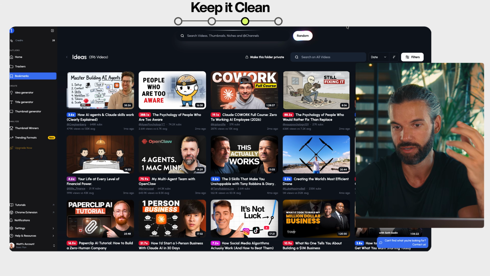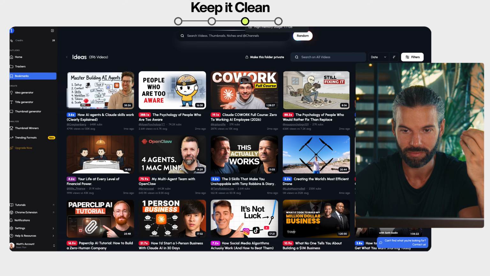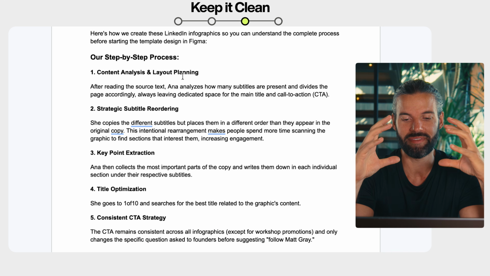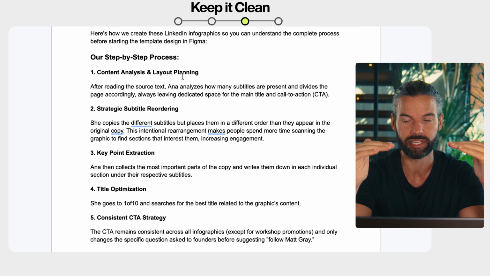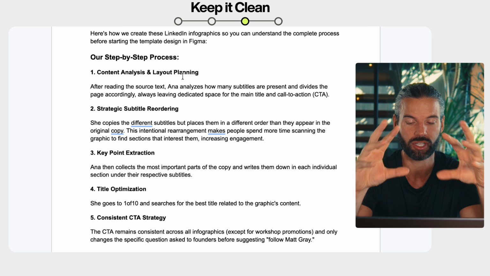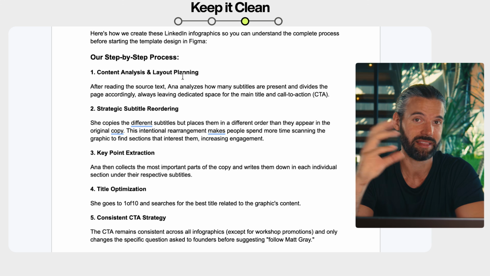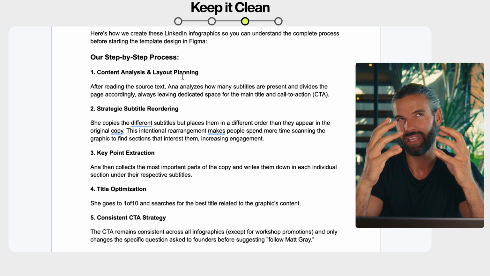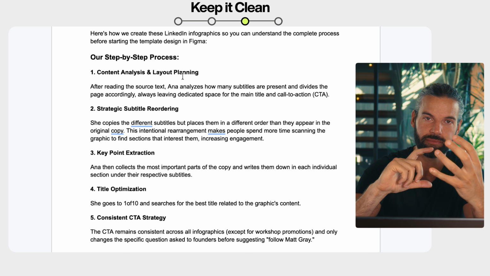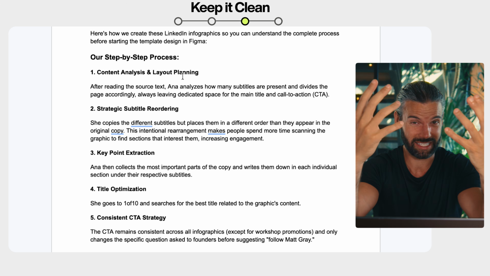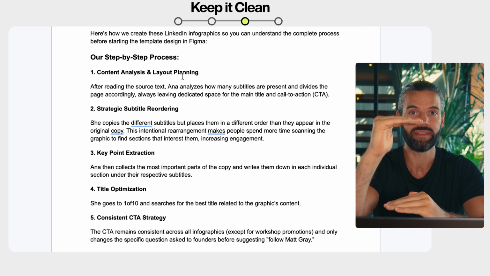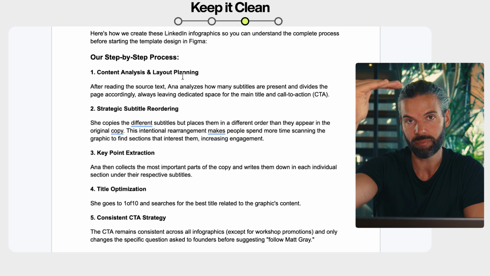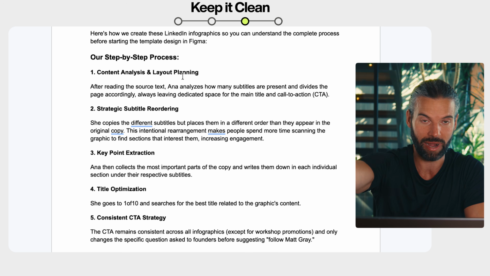From there, what I like to do is make sure the posts are clean, right? We're not looking to put too much stuff into a post. We want it to be value dense while also being easy to read so that it stops the scroll and causes someone to go deeper into it. The other point here is I'm not making the copy inside the image exactly the same as the post, right? We want it to be a little bit different, almost like the interaction between a YouTube title and the thumbnail. So people read the post, they get some value, and then they can also read the image. What this causes someone to do is spend more time on your post, and increased time on post on LinkedIn is going to lead to more virality as well.